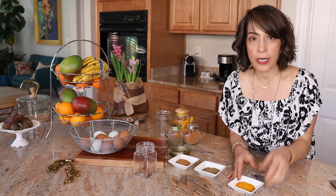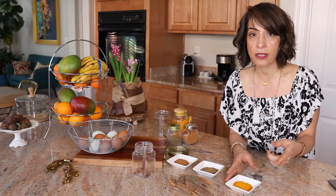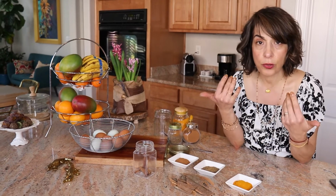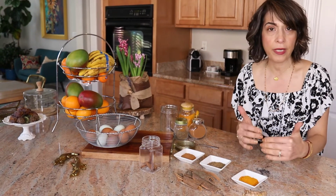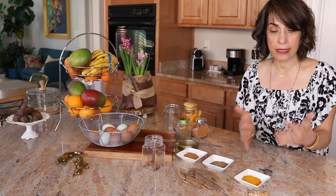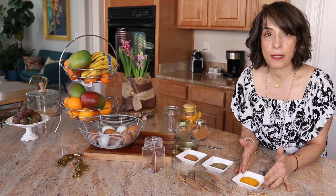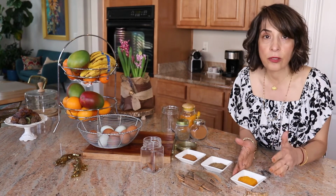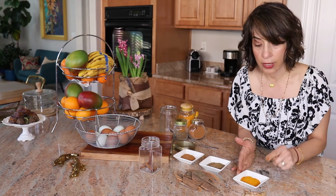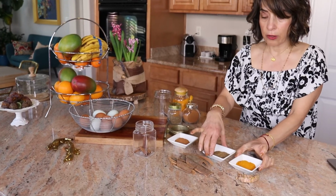If you are interested, go for golden milk. If you go to my website fabfarah.com, I have a recipe for golden milk, and it's really good for your entire body. As you know, turmeric is anti-inflammatory, and most of the sicknesses and diseases in this country, all those chronic diseases, can be healed or reversed by using the spices, and one of those spices is turmeric. I highly recommend you get a good